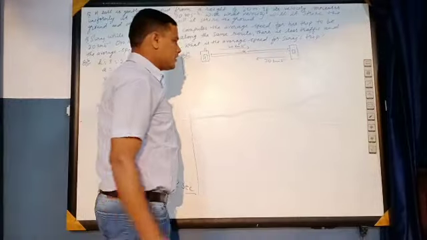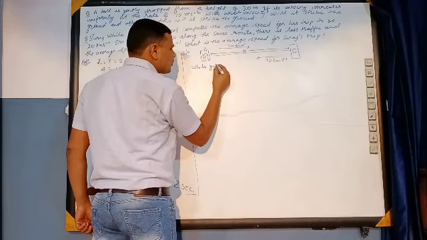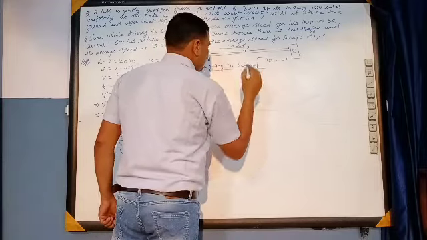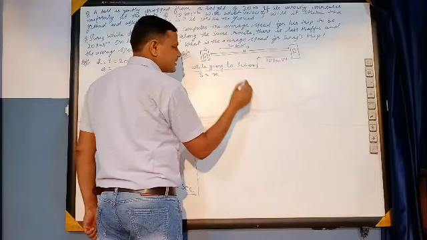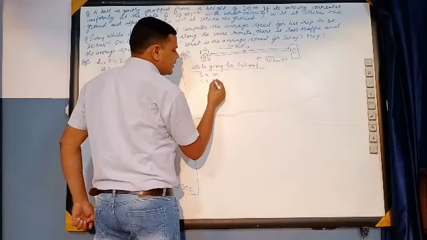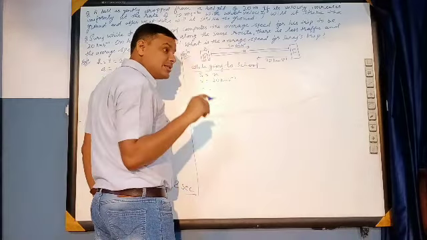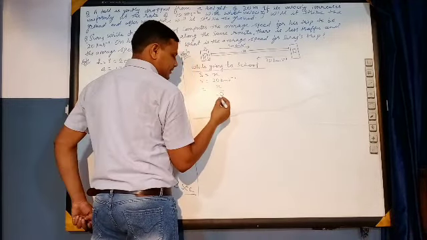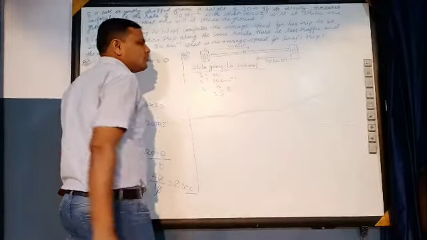Now, suppose while going to school, what is the distance? Distance is x. What is the velocity? Velocity, average speed, that is 20 km per hour. What is the time? Speed is equal to distance upon time. So time is equal to x upon 20. You can say S1, V1, T1.